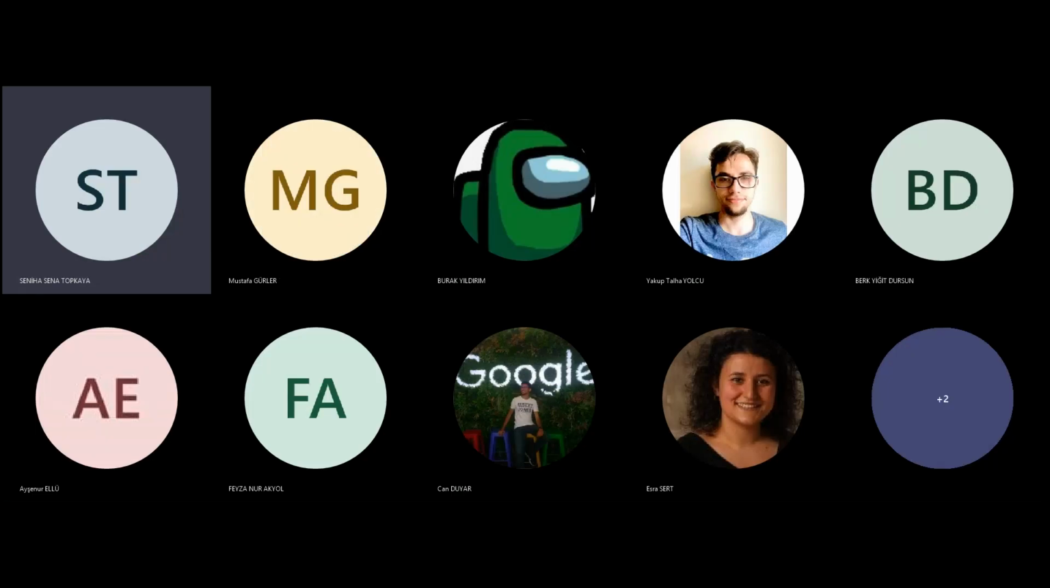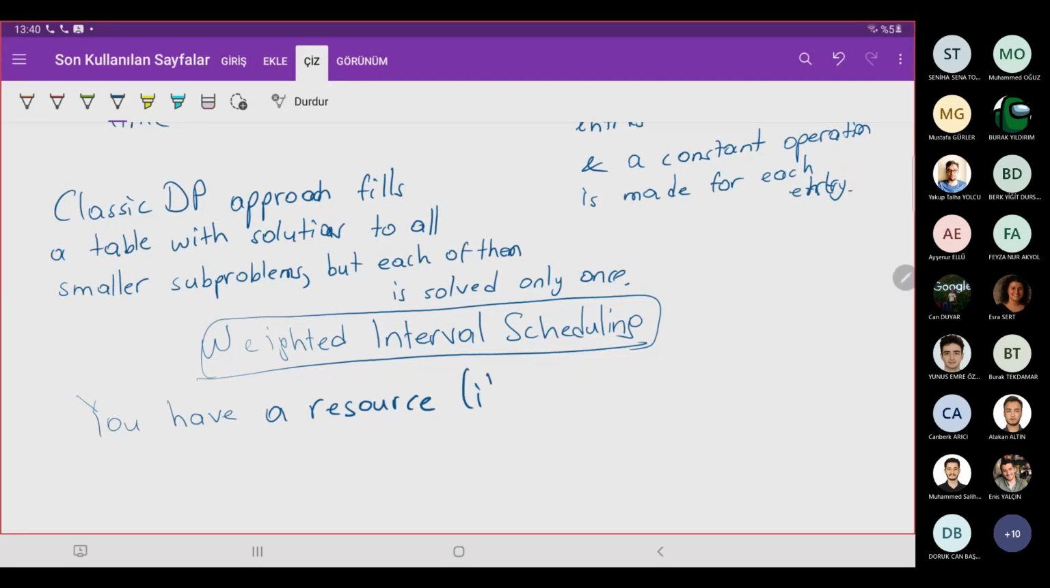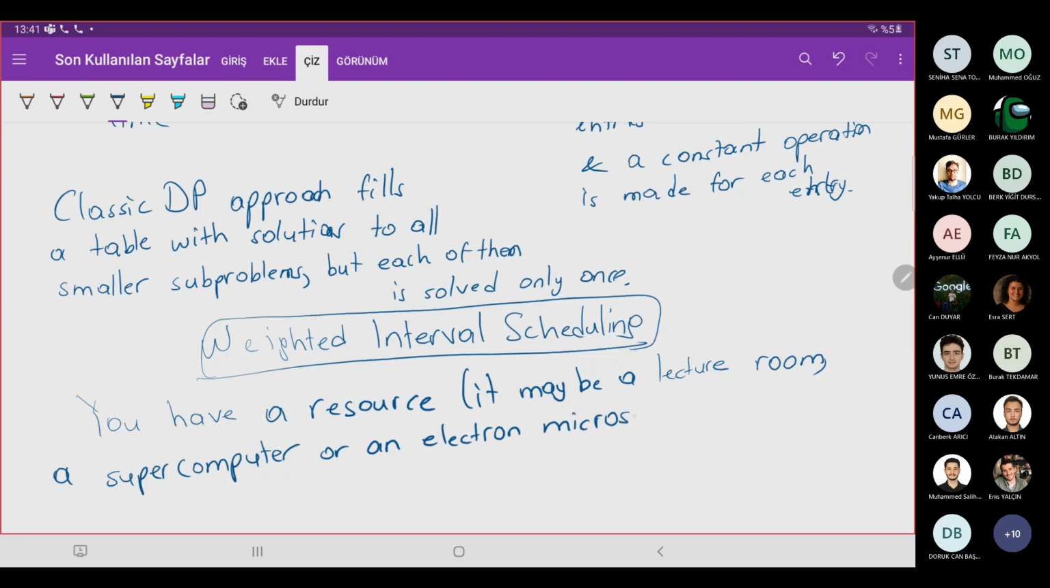Okay, you have a resource. It may be anything. It may be a lecture room, a supercomputer, or an electron microscope. Or in the computer, for example, it might be CPU, memory, any kind of resource that needs to be shared among multiple people, okay? And many people